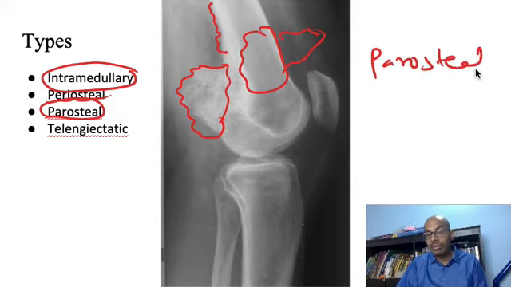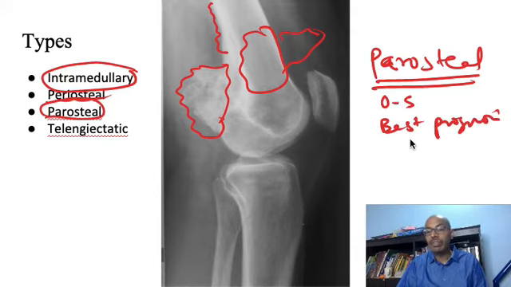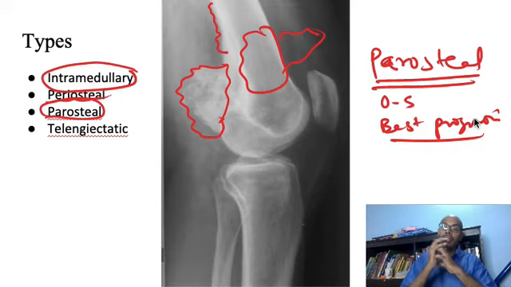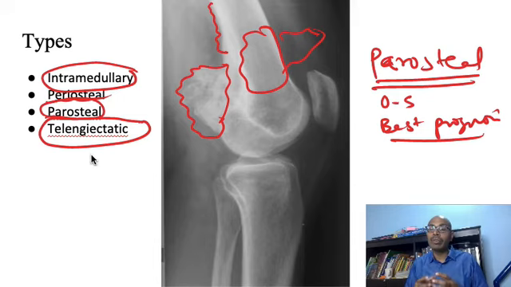So among all the osteosarcomas, which has the best prognosis? Paraosteal osteosarcomas have the best prognosis. Where does it occur? It occurs in the distal femur on the posterior aspect, with the stuck-on appearance. The other type of osteosarcoma is the telangiectatic or hematogenous appearance. This can become confusing with a giant cell tumor and an aneurysmal bone cyst. So the differential diagnosis for a telangiectatic osteosarcoma is an aneurysmal bone cyst or a giant cell tumor.